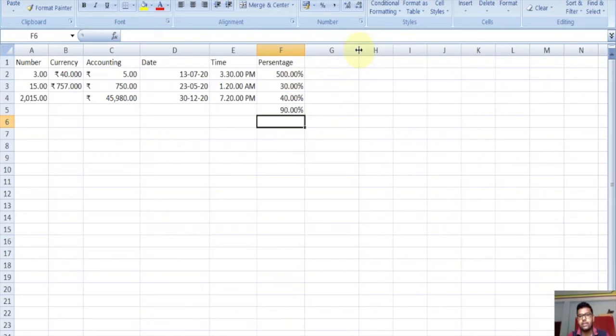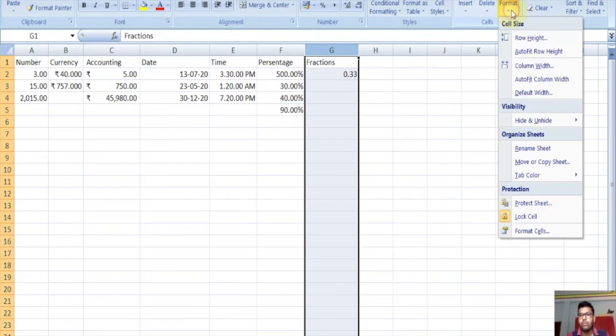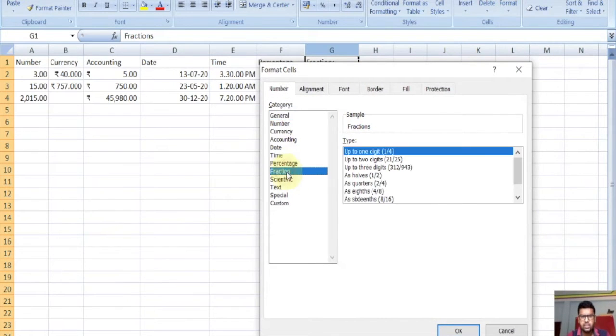And after that there are fractions. Fraction format is where we can input a decimal number, suppose 0.33, and select the column and format it as fraction. Click on OK.